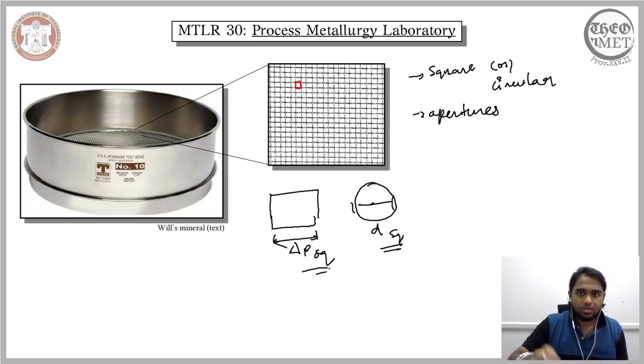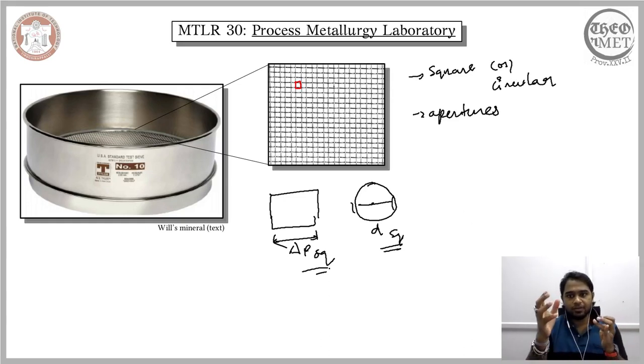So depending on the meshes that we consider, the way we measure the size of the aperture varies. In case of a square mesh, it is just the size of the square. In case of a circular mesh, it is the diameter of each of these openings. Now, whenever we want to designate a specific sieve, we have a sieve that comprises a mesh, which can be square or circular, and even within these we have meshes of different sizes. We need to designate each of these meshes so that whenever we are planning a sieve analysis, we are able to choose the mesh appropriately.